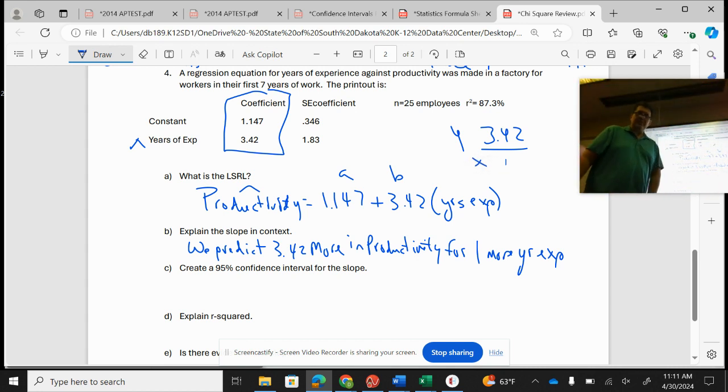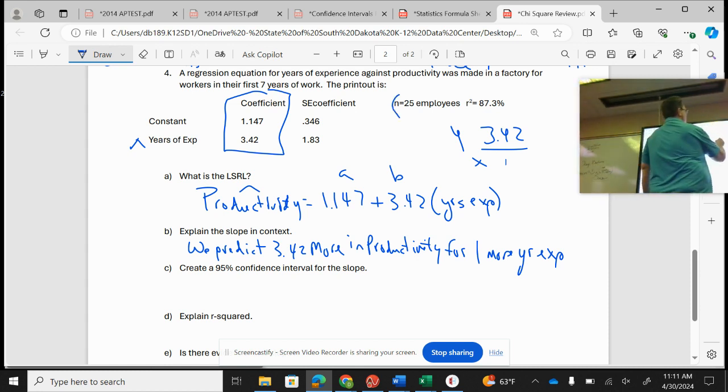Create a 95% confidence interval for the slope. Now, you are going to need your t-table. It says there's 25 employees, so we got to